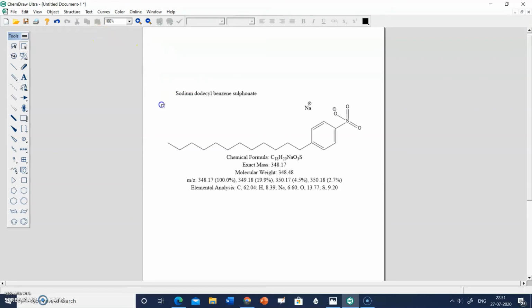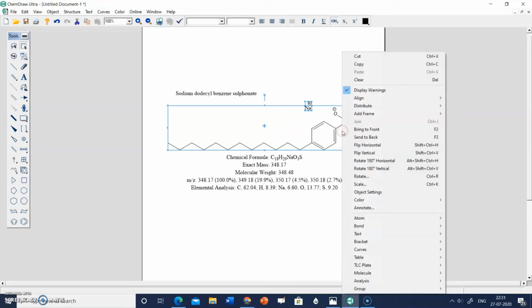Another method is to select this molecular structure, right click on the structure, and then go to analysis. On clicking analysis, these options are there, which we have already seen when we clicked on view and then show analysis window.